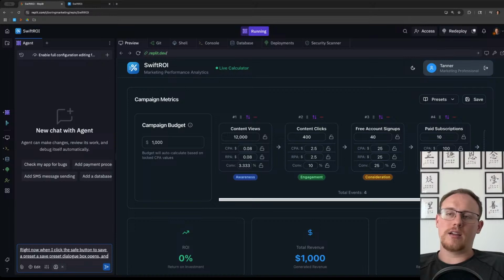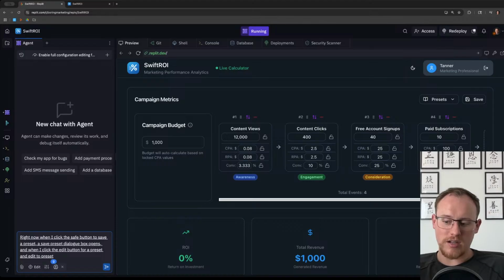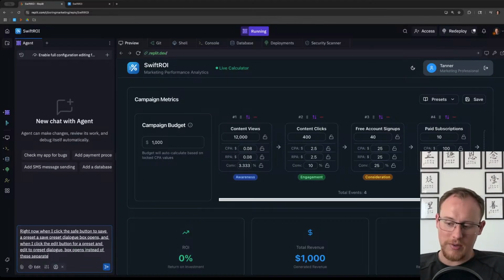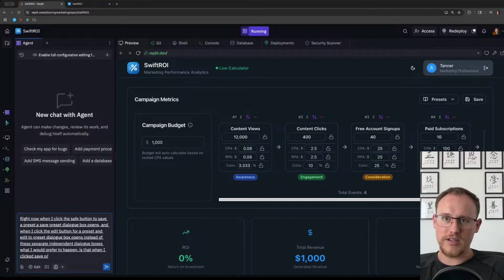And when I click the edit button for a preset, an edit preset dialog box opens. Instead of these separate independent dialog boxes, what I would prefer to happen is that when I click save or edit for a preset,